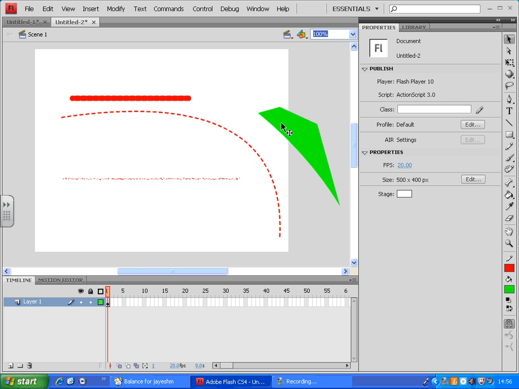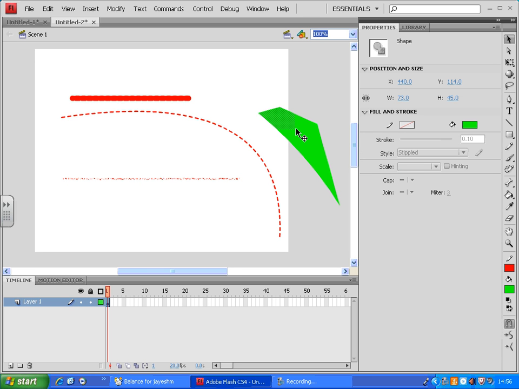Now if I want to select part of the shape, again I can use the same selection tool, and click anywhere outside as long as it is not interfering with any shape. You click and hold, and look what I'm doing. I'm simply dragging it inwards, and wherever it intersects with my shape, it selects that part. When it does that, you can click and hold on that selection part and cut it out like this. So if you want to do small selections and separate them, you can drag,